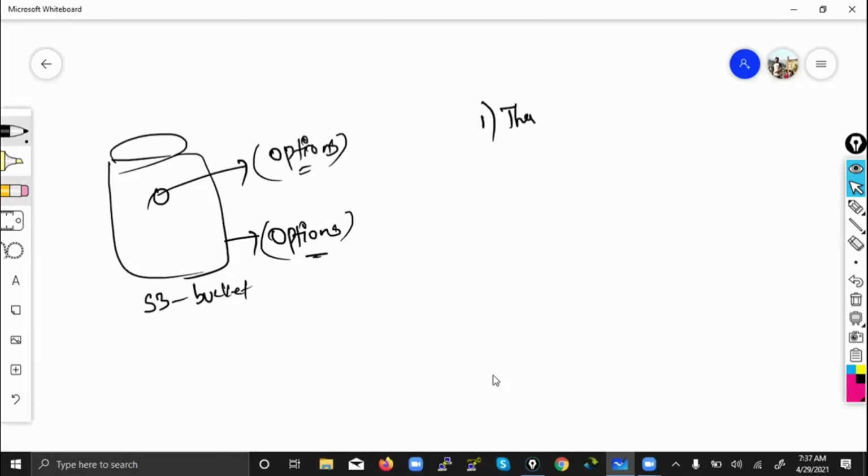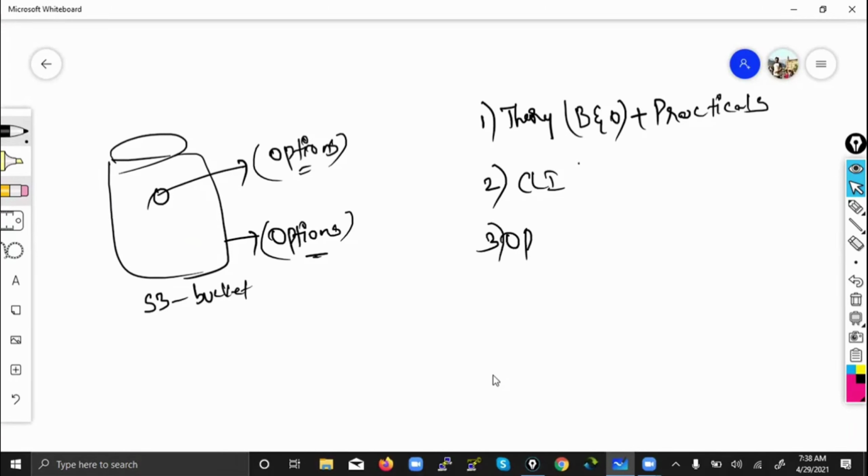So first let's discuss all the theory, that means what are the different options at bucket level and at object level. And if we have time, we'll do some practicals on whatever we have discussed today. Later, in the coming class, after S3 we'll discuss IAM. There, we will discuss CLI, command line interface, and those things. So, coming to the options of this S3,